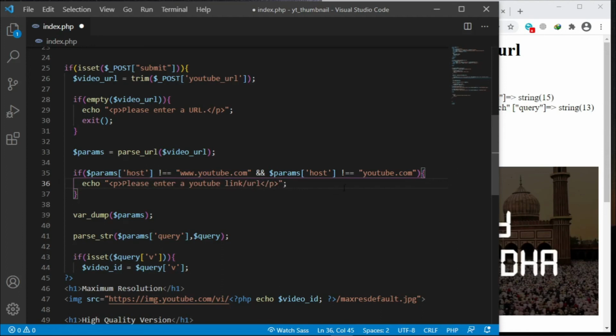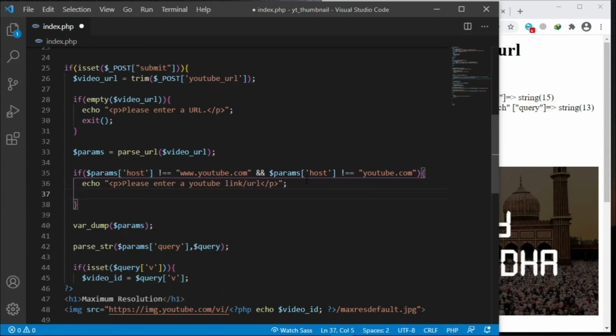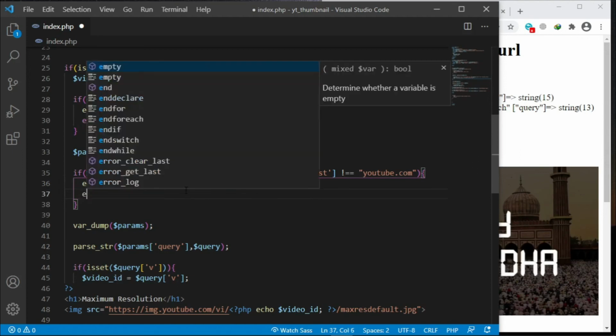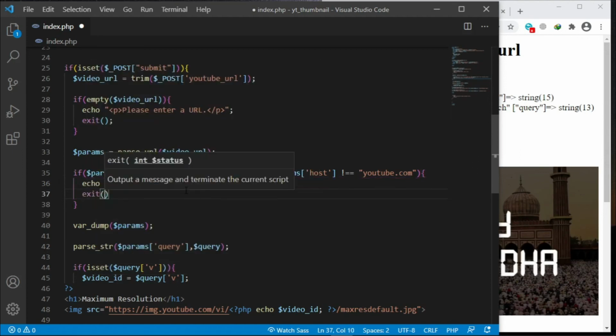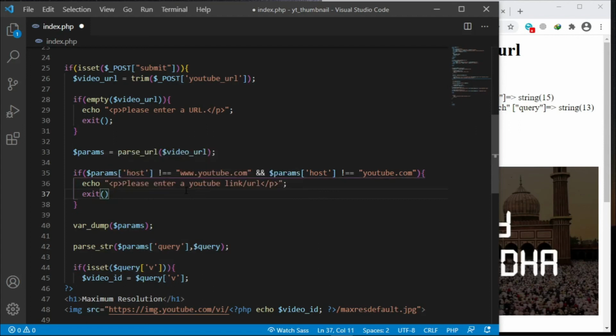So if at all they may go and get any type of URL, let's say ostoncodecypher.com, we shall be printing out some error on the page which is not good. So we need to check for the host. If the host is not equal to www.youtube.com, and if it's not youtube.com, then we shall display